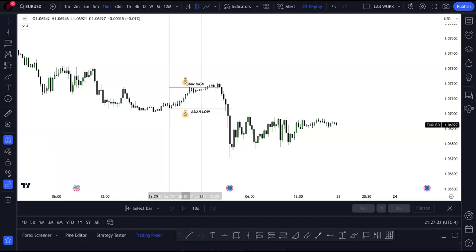Why is it so range bound for 3-6 months out of the year? Because you're not looking at the macros. You're not looking at the fundamentals. That's where we start. Before we even get on the chart, we need to look at the fundamentals first. Forget about the technical analysis. Forget about the price action. Forget about the algorithmic levels. Forget about all that. What are the macros telling you? What's the weakness and the strength of this pair that you're going to trade? What is it telling you? So in essence,